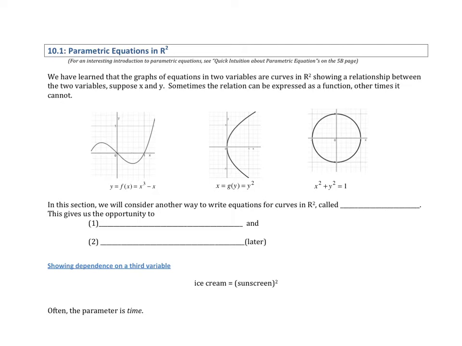All right, so here's the idea. So far we've learned how to express any equation in two variables. Let's suppose those variables are x and y, but we know they don't have to be x and y. If we look at any equation in two variables, we know we get a graph in two dimensions. So if we're working with x and y, then we have the x-axis and the y-axis, and this would represent the relationship between x and y. Sometimes we can take that equation and solve explicitly for y, in which case we say y is a function